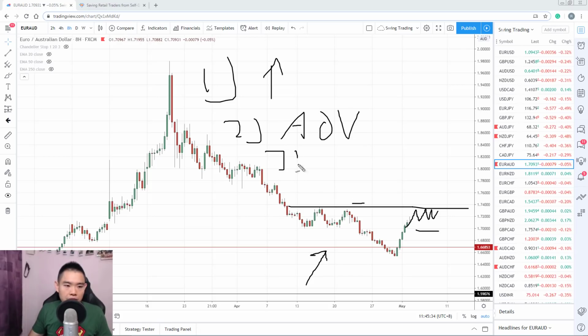Number three, we have an entry trigger, let's call it ET, right? Where we have a build-up form at resistance telling you that buyers are willing to buy at these higher prices, or the sellers are unable to push the price lower. So there's a build-up form, there is potential energy that's being stored right now. And if the price can break above these highs, there could be a follow-through up higher,